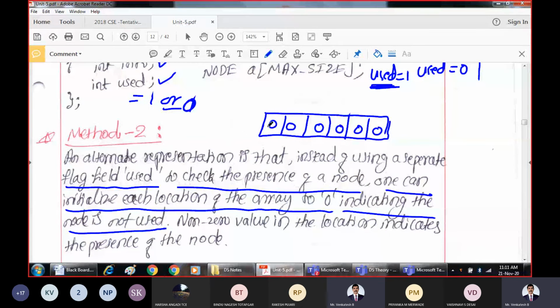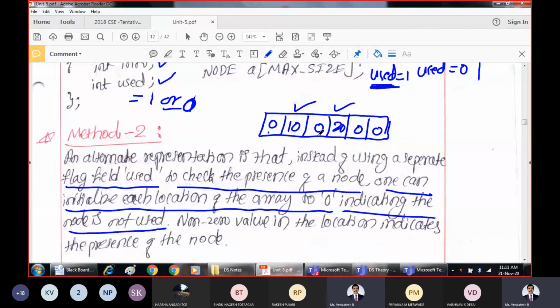So when every location is initialized with 0, we assume all the locations are not being used. So if you want to write something in these locations, 10 and 20, then a value other than 0 indicates that that location is being used.